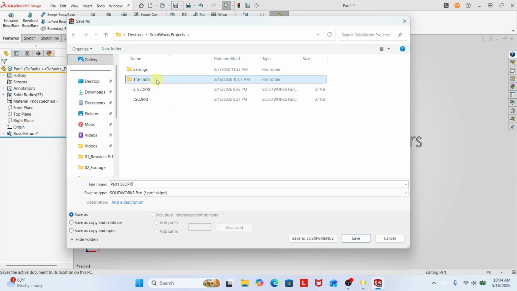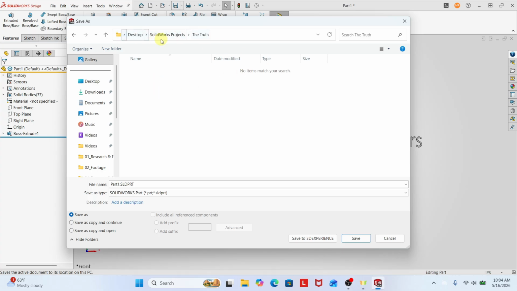I'm going to click on it. And so this is the path at which I'm going to save the file. It's going to be under this folder right here. I'm going to give it a title. There we go. And if I wanted to change the file type, I can click on this drop down right here